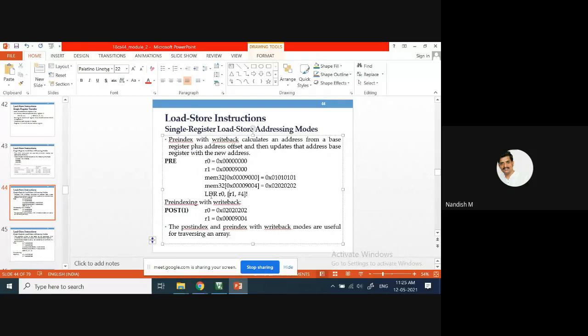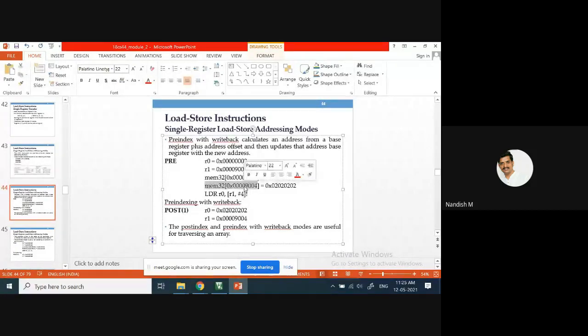Here, if you write LDR R0, [R1, #4], R1 contains 9000. Then 4 will be added to this. That is why, see here, R1 has become 9004.